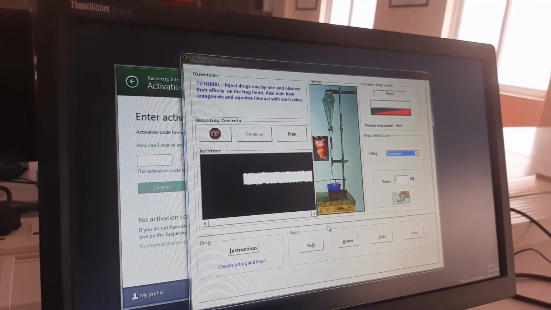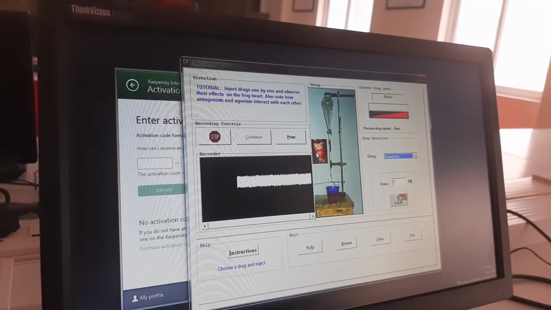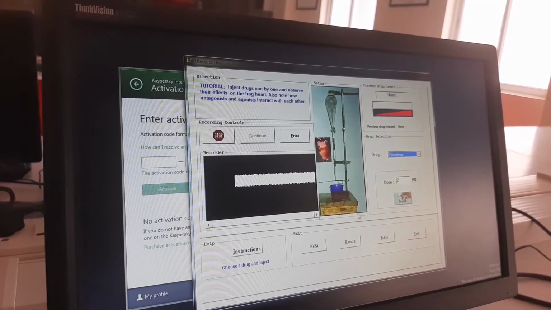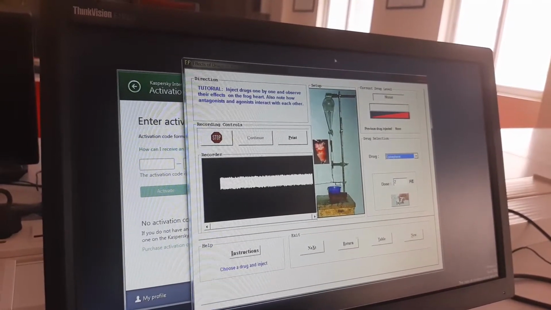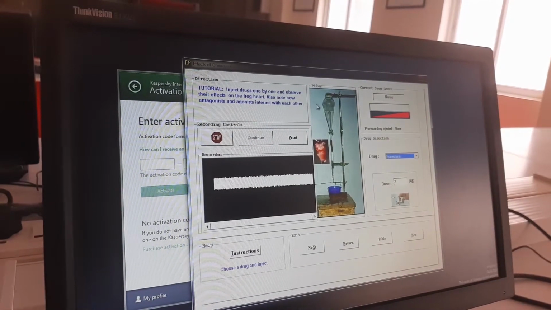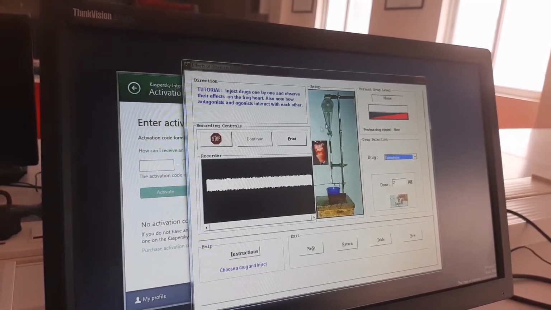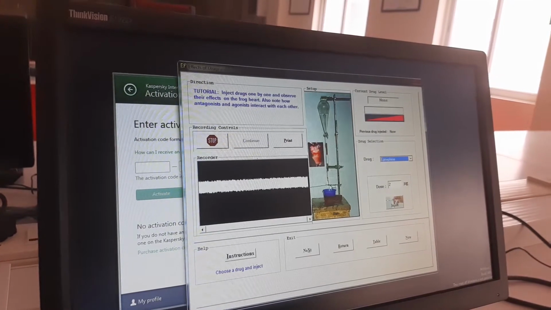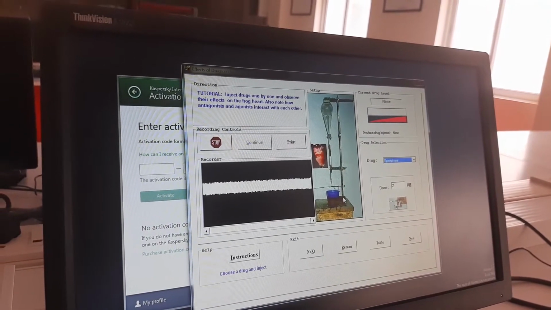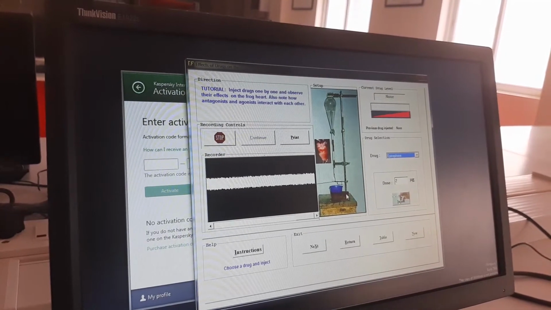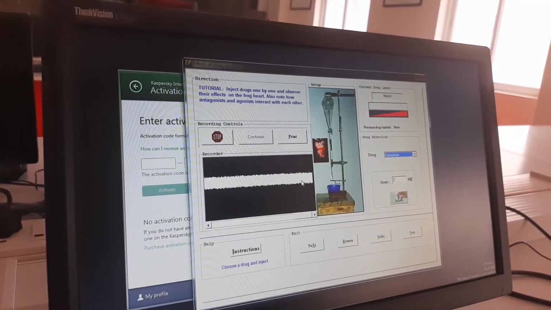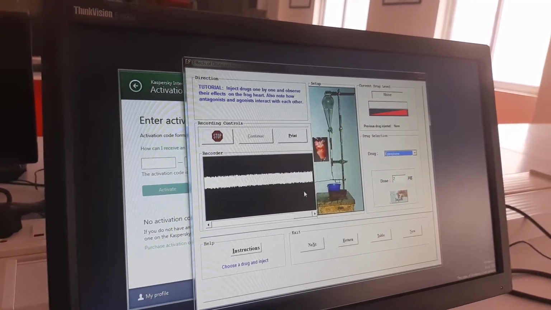This is the frog heart experiment setup. You can see the heart which is beating. This is the Starling lever, the heart lever, and this is the stand and physiological Ringer lactate solution. We have to inject the drugs and see the effect of the various drugs on the heart. So this is what is running as the baseline parameters.